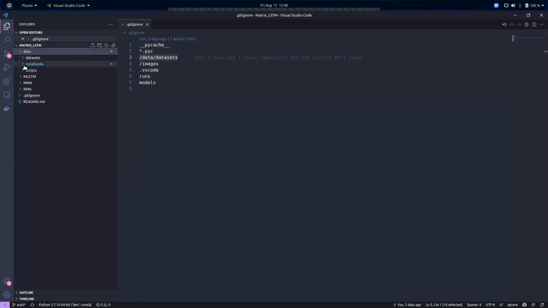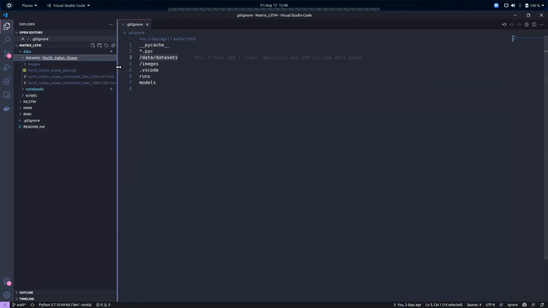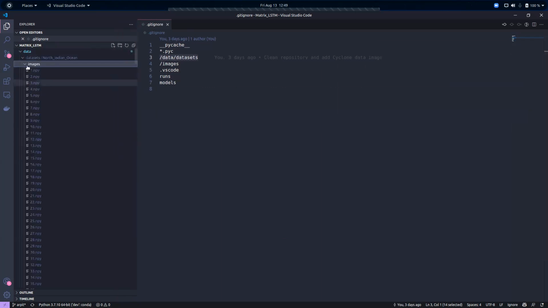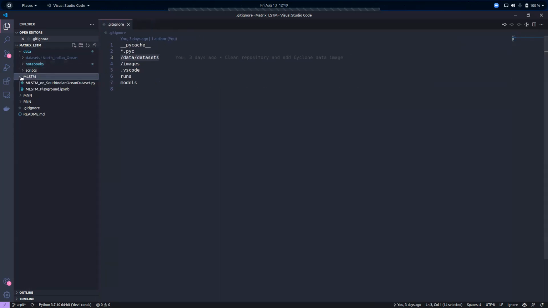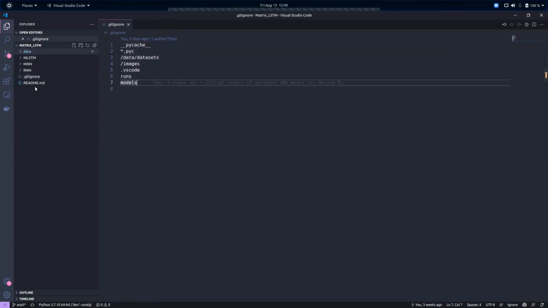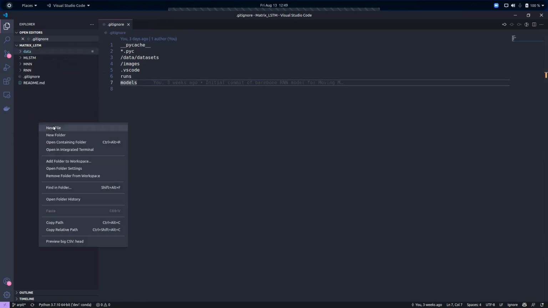If I go to that path, it contains my CSV files, TXT files, and even NumPy files, which are huge in size. I do not want these to stay on my Git, or to clutter my repository with these files. So what I can do is add these files to gitignore. And let's say, for example, I add another file. I create a dummy file over here, not in data. I create a new file.